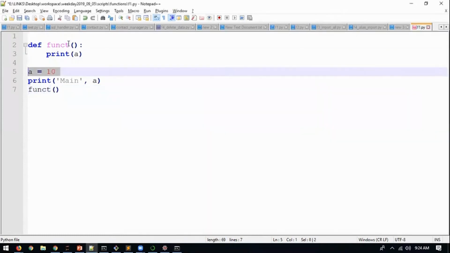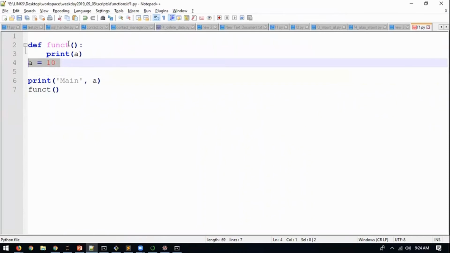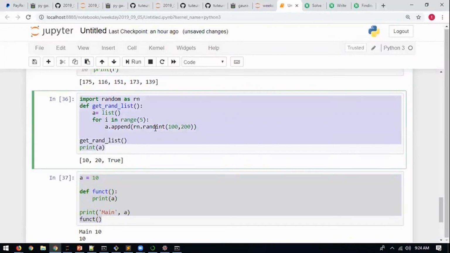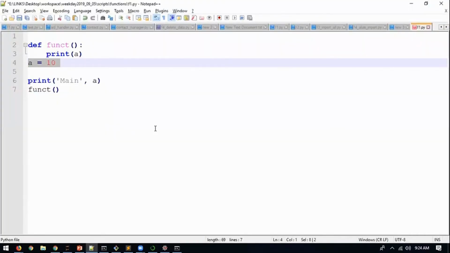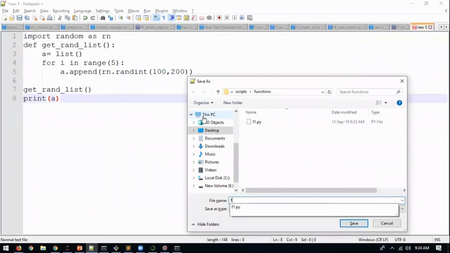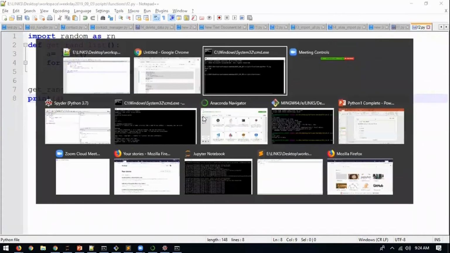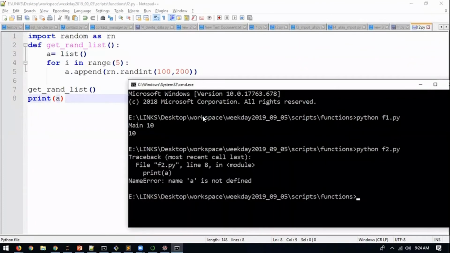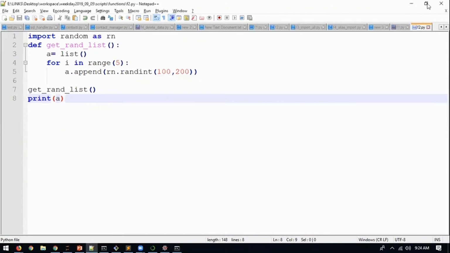Let's say I move this line, a equals 10. I'll show you. Let me take the code that he had written. I'll keep it inside a new script. I'll save it. It was running there, but giving wrong output. Now if I go there, python, does it run? No. It says name error. Did it give the name error there? No. So sometimes some things might go wrong.